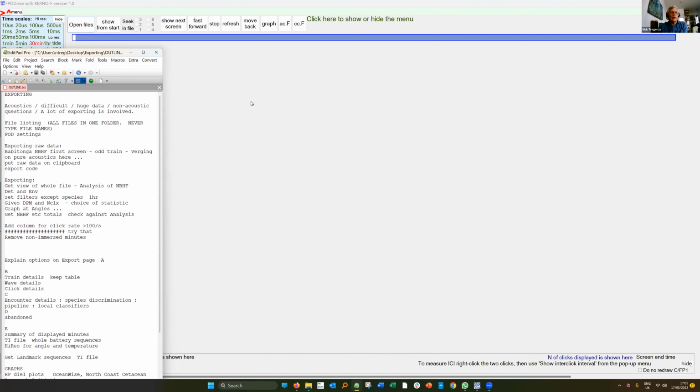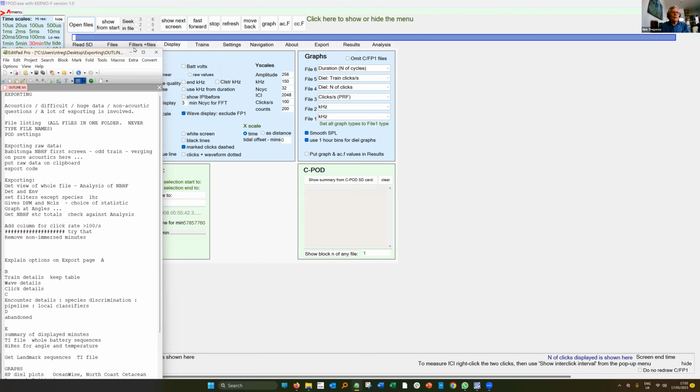And a lot of this material on exporting actually derives from the Samba project in the Baltic, where we had 400 years of data collected over 2 years in 1,400 files. And obviously, there's a lot of exporting involved in getting data you can actually use out of that lot. So the first thing I thought to show you was